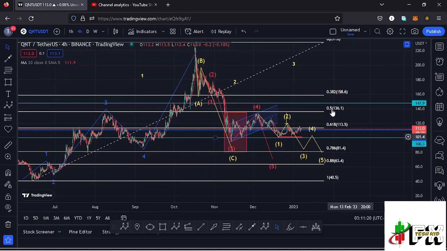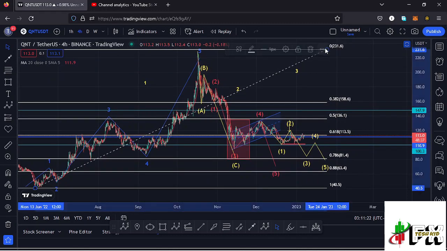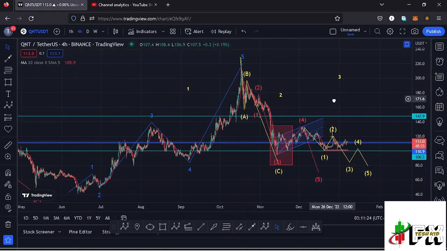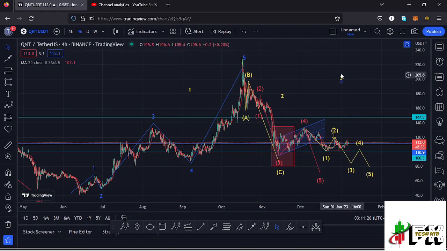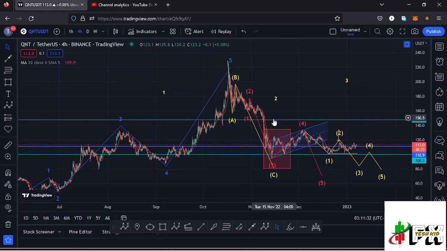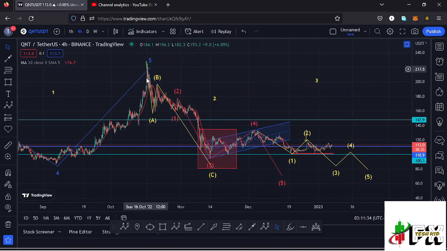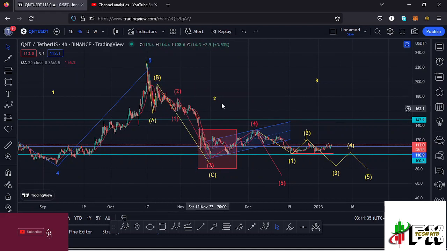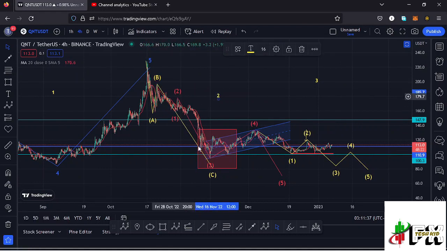Within this target area is where I'm expecting to see the low for that higher Elliott wave count 2. Then from there we can expect this bounce to the upside in the formation of a higher Elliott wave count 3. And in the formation of that ABC corrective structure, which we expect in the formation of a higher Elliott wave count 2, which we are seeing right here, having the wave C giving us a low at around the $94.4 mark,